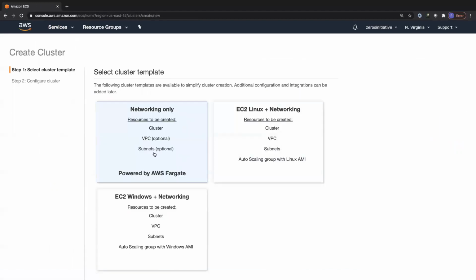So I'm not going to go with just only networking configuration, because that's powered by Fargate, where we will have no clue where our containers are running on which host. That comes under the serverless aspects of AWS with ECS. And even EKS right now, which is Elastic Kubernetes Service, also has a capability of Fargate, which they recently introduced in December 2019. But now we are going to go with EC2 Linux with networking, where we are going to